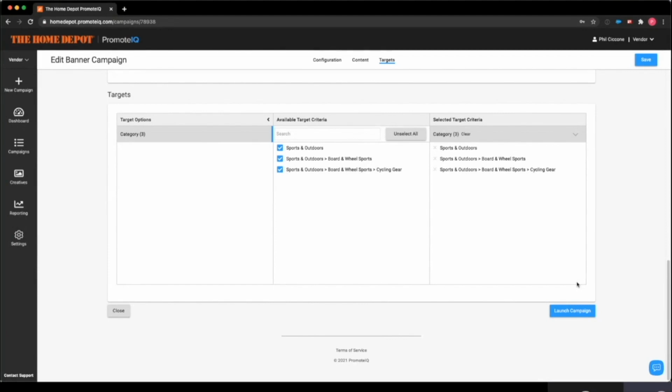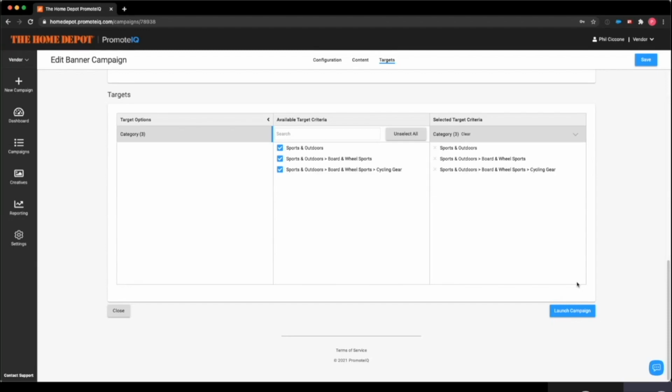Here we're going to be wrapping up overviewing the targeting of a banner campaign as well as launching and saving that campaign. So if you'll remember, we had just talked about building that creative in that Revjet portal. Another instance where it comes into play is here with the targeting. So targeting of the banner campaign works pretty similarly to the targeting of a sponsored products campaign, in that you're going to be choosing the categories that you want to populate in on site,